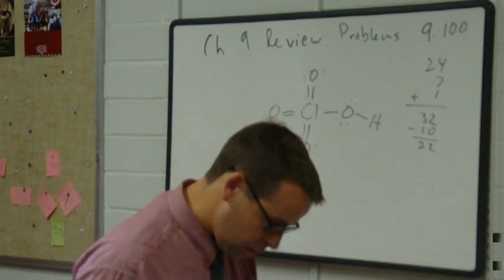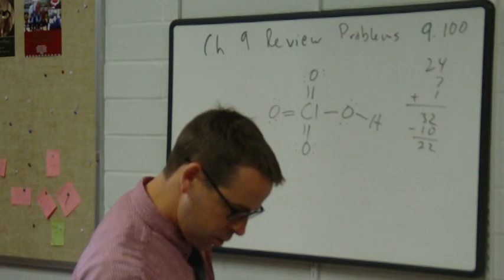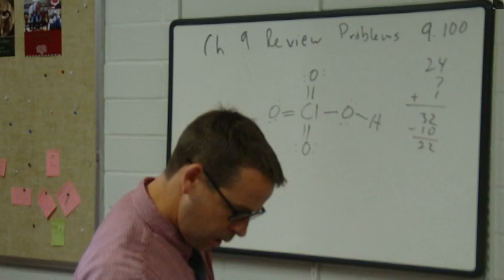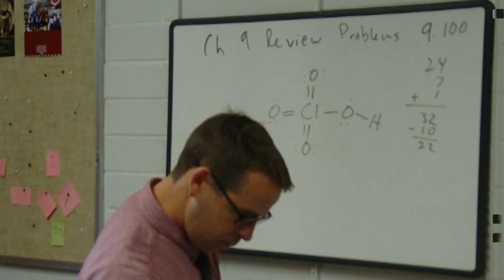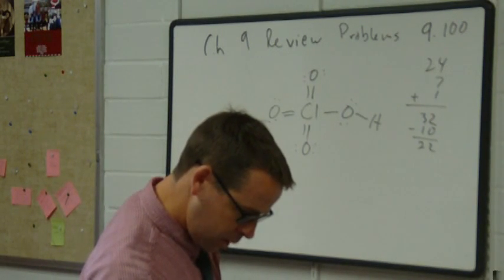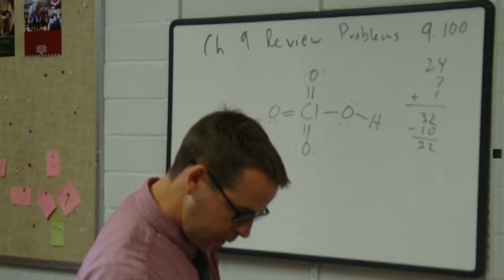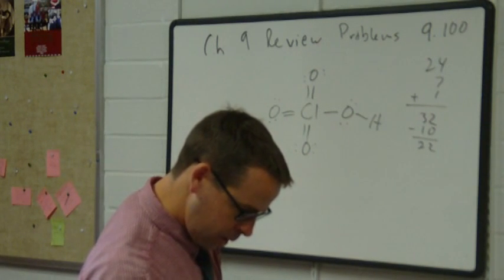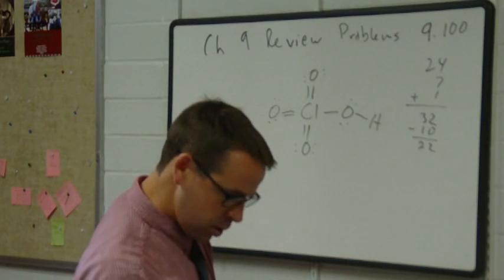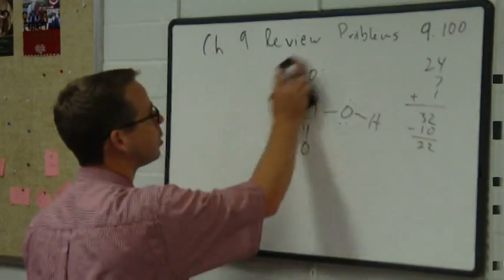Below are two structures for beryllium chloride. Give 2 reasons why the one on the left is the preferred structure. Well, the one on the left is the preferred structure because, let's see,